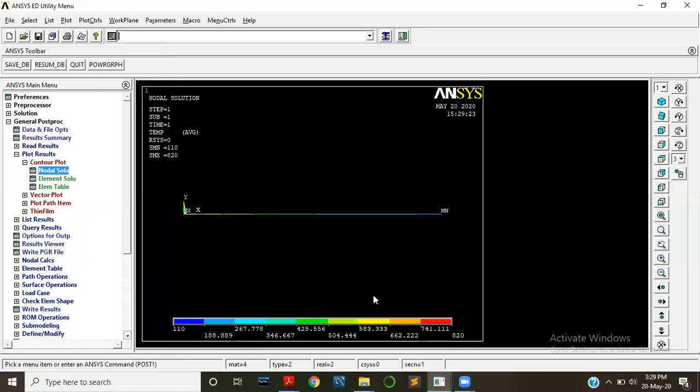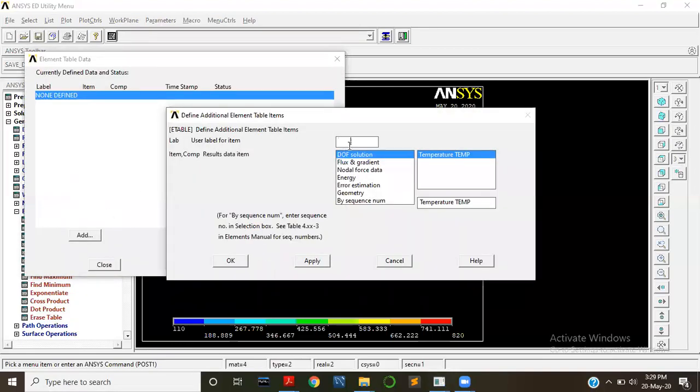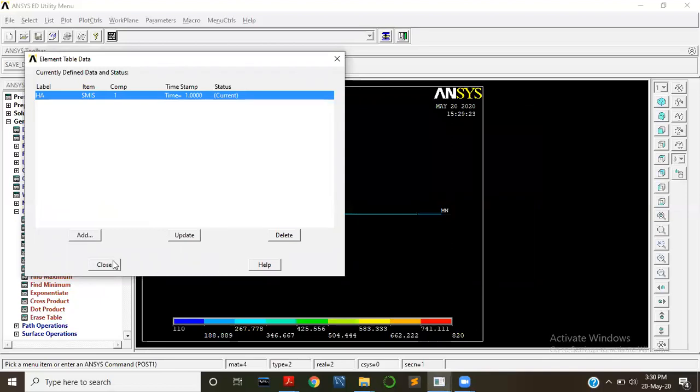Okay, so this is one more result what you need, and then go to element table, define table, add here, write the code HA, by sequence number and SMISC 1, that's the code, and close it here.